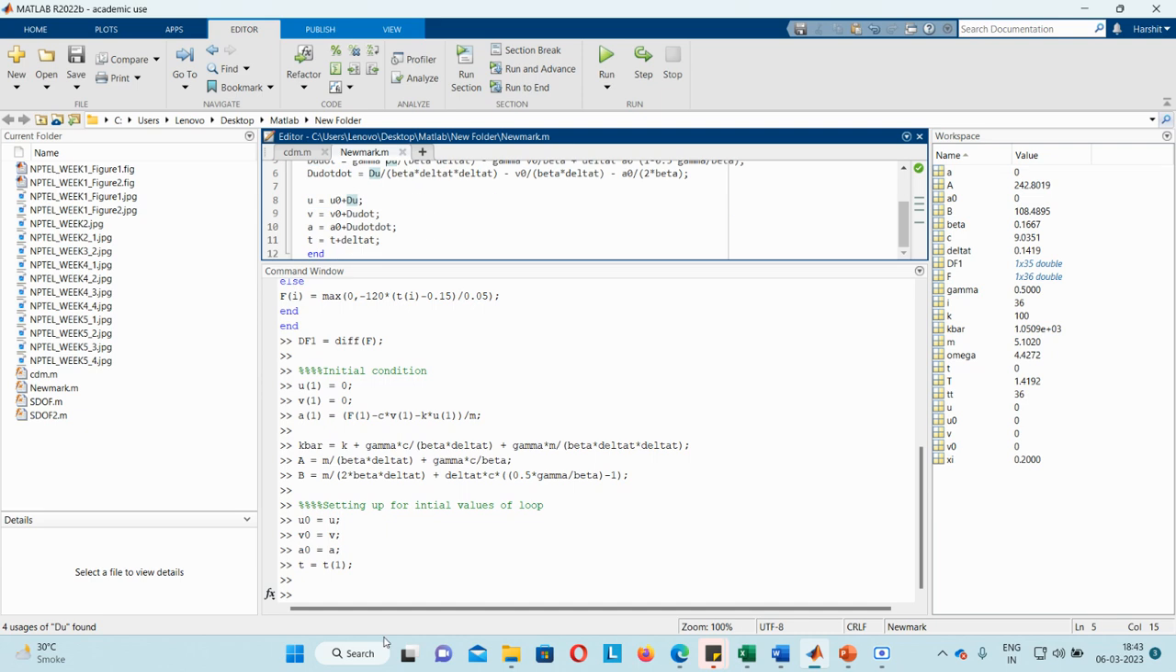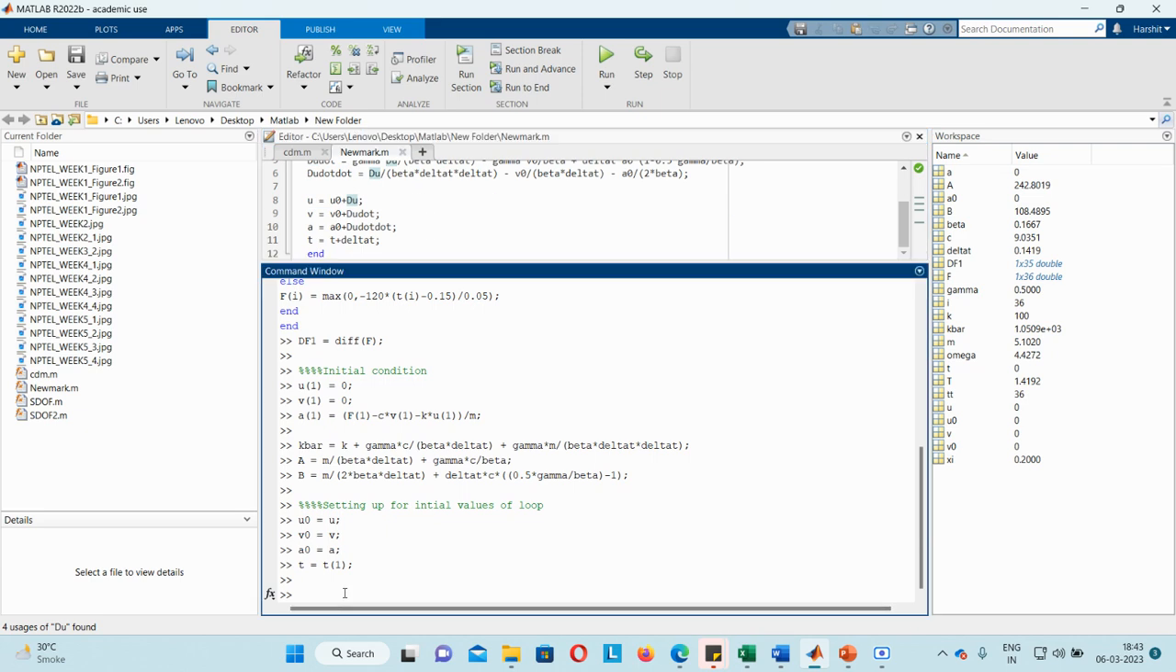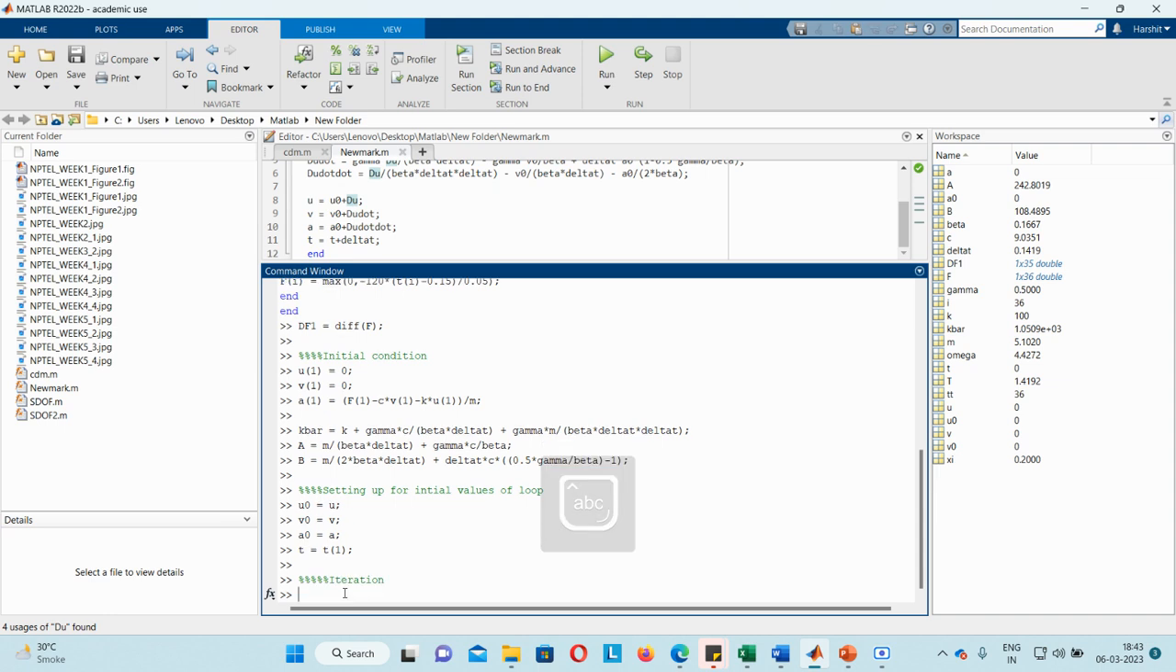Okay, so this is how we define the function. Now we will see how to use this function. So the next part is iteration. So for I equal to 1 to pt minus 1, so till the second last step we will see